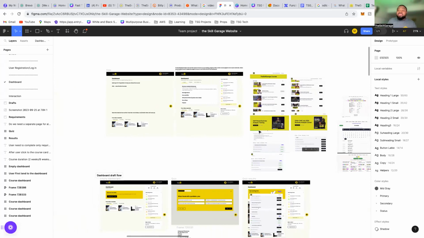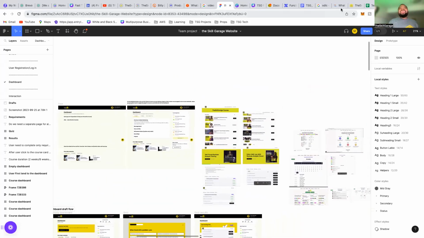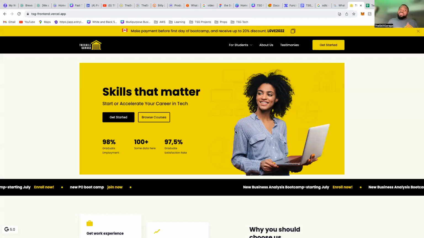The agile way of doing things is you doing things iteratively and incrementally. So you do it in iterations and you do it in increments. So instead of us waiting to finish this and get this done, no, we can release what we have now. And once we get feedback, we can continue from there. We can release the rest of the other things. All right? So that is what it means to work on a project using the waterfall method. Again, there's a lot that I can say on this, and work on a project using the agile method.